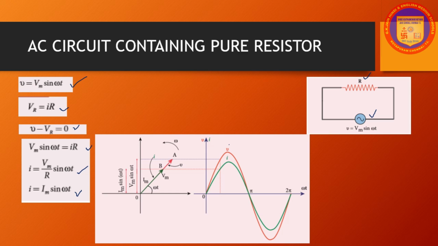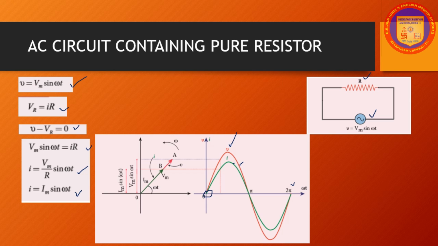This is shown in the phasor diagram. The wave diagram also depicts that current is in phase with the applied voltage. The current is shown in green and the voltage is shown in red. We can see that they start at the same point O. They have the same highest peak maxima and the same minimum value, which shows that they are in phase with each other.